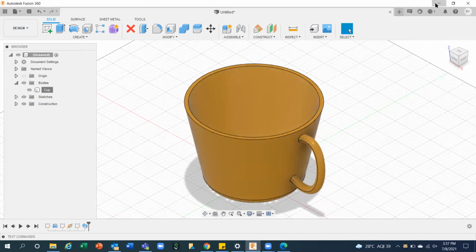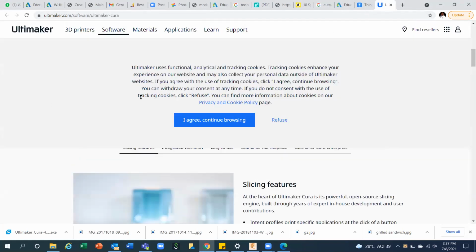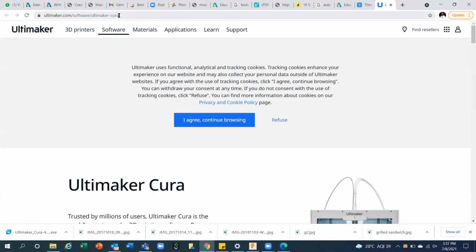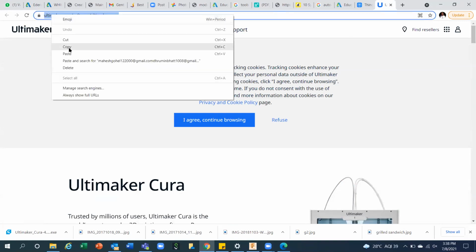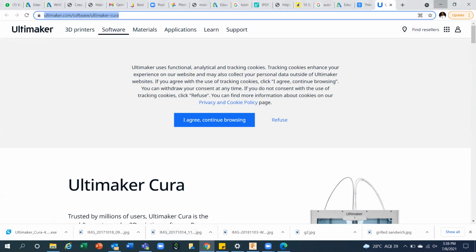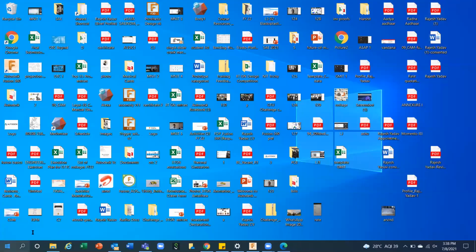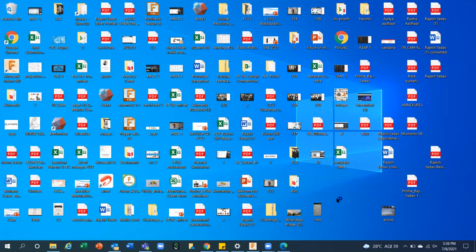Now it's time for using the slicing tool. What slicing tool you can use, what I am using, I am going to tell you. You can go for this Cura, Ultimaker Cura. This is again an open source, available, small software. You can directly download it according to your operating system. I am going to give this in the chat. Please copy paste this link with you. I have already installed it, so I'm going to use that. I'm going to type Cura Ultimaker. Now this new software is coming.